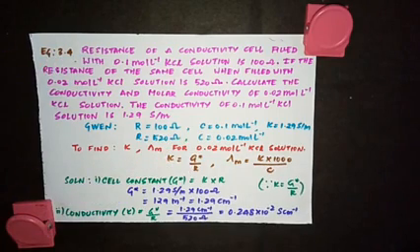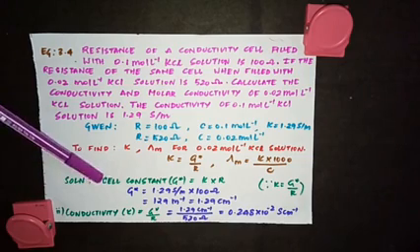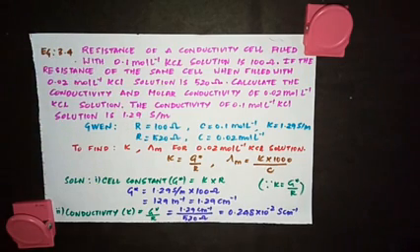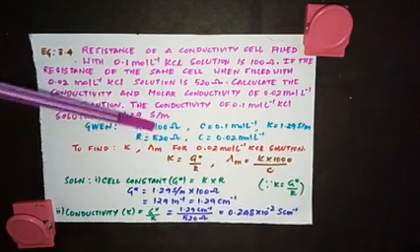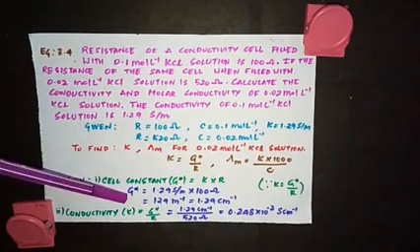So to find out kappa, you want G star. What is G star? It is cell constant. And remember one thing, when we say cell constant, it is a constant value for a given conductivity cell. We have seen a picture for the conductivity cell when we learned about Wheatstone bridge. That conductivity cell has a constant value, and no matter what the concentration of the solution you're taking, the cell constant will be the same. So you can use the resistance and the kappa of this to find out the cell constant.